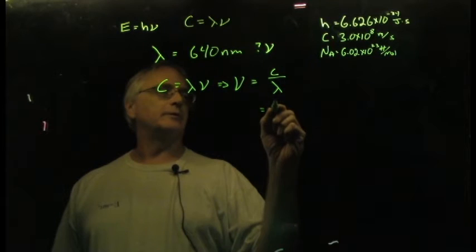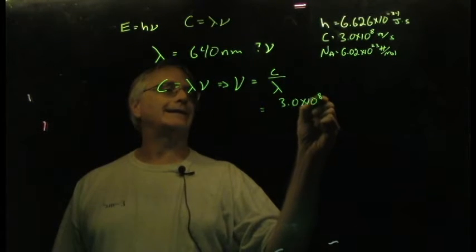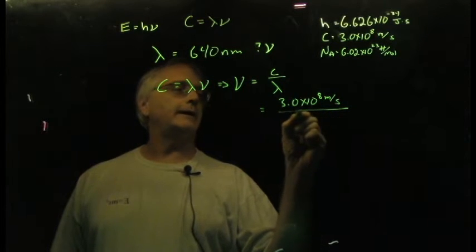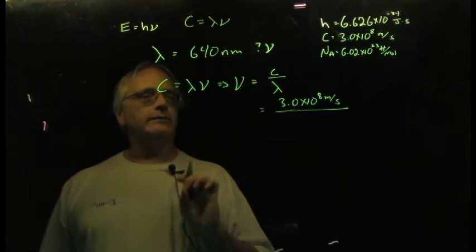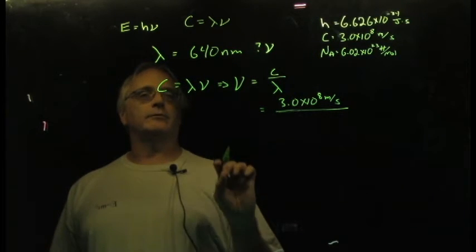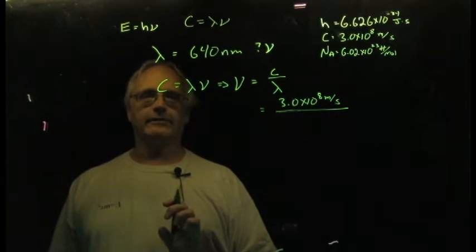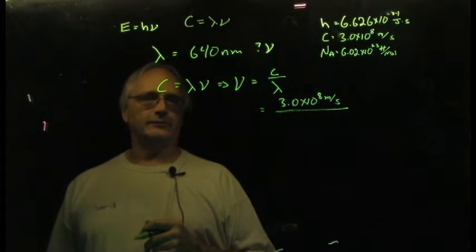C, the symbol for the speed of light, 3.0 times 10 to the 8th meters per second. And if I just start plugging away, I would put in my wavelength, 640 nanometers. And when I do that, I do realize, I do have a problem. My units aren't matching up. I have meters on the top. I would have nanometers on the bottom. Simple problem, simple solution. Just turn 640 nanometers